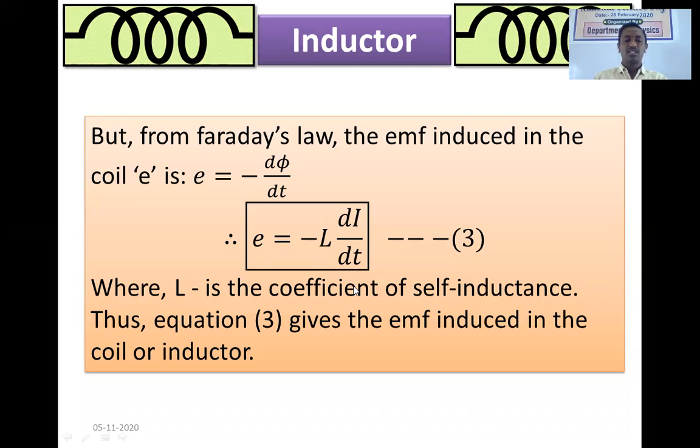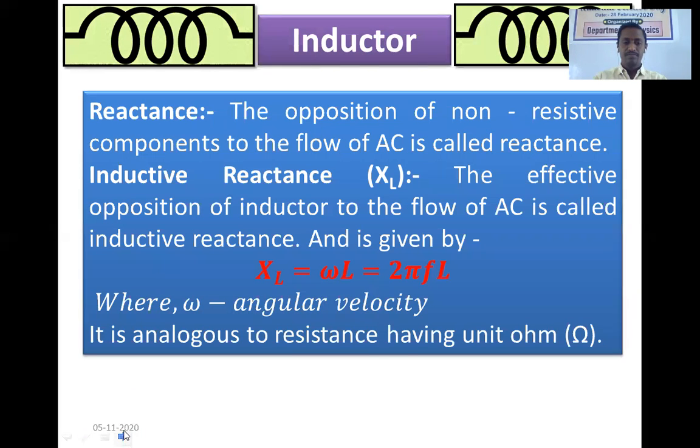And equation 3 gives the value of the EMF induced in the coil or inductor having coefficient of self-inductance capital L, and current flowing through the coil is I. Now, whenever the current I is flowing through the coil, the inductor opposes the flow of AC through it, and the opposition of non-resistive components like inductors or capacitors to the flow of AC is called reactance,